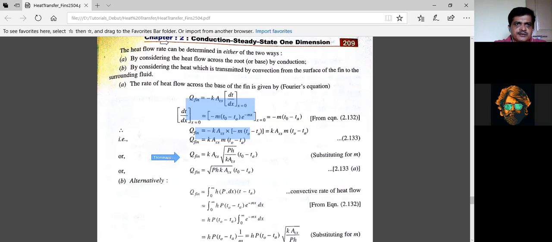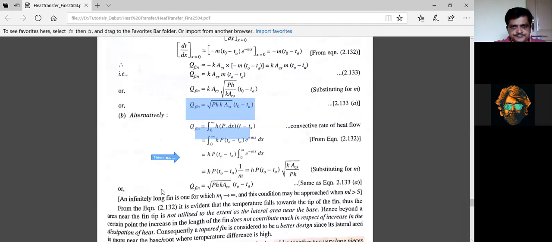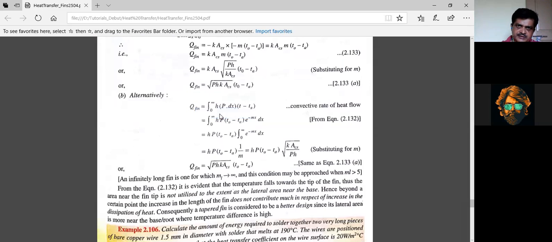ಈಗ ಇನ್ನೊಂದು ಆಲ್ಟರ್ನೇಟಿವ್ ಮೆಥಡ್ ಇದೆ. Alternative method nalli you will get the same thing, but here the assumption is the heat is dissipated at the base at 0 to infinity. 0 ದಿಂದ ಇನ್ಫಿನಿಟಿ ವರೆಗೆ heat is dissipated in terms of convection ಅಂತ ಹೇಳಿ ಅದನ್ನ ಇಂಟಗ್ರೇಟ್ ಮಾಡಿದಾಗ we will get this equation. Same equation will be repeated. This also we can calculate, and that is very important.